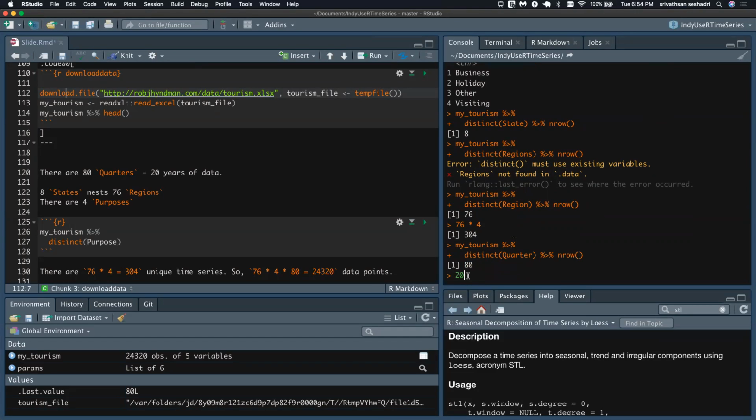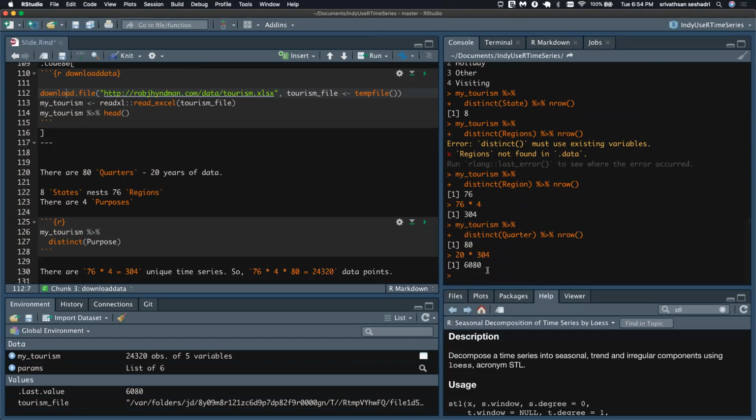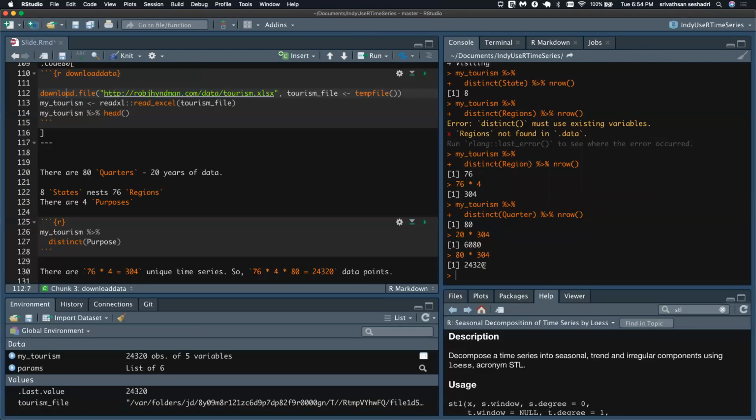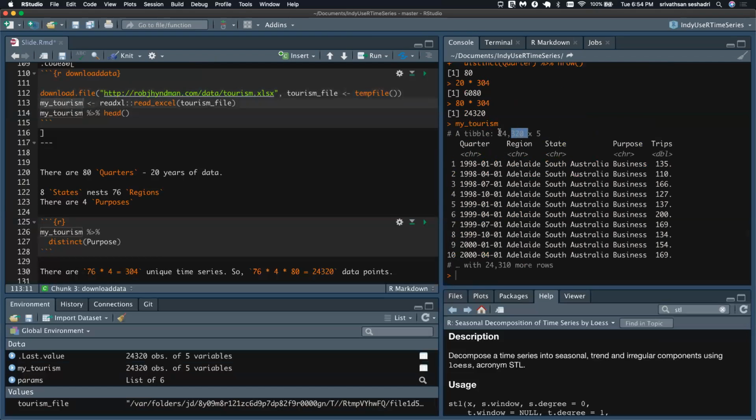So I have 20 times 304. That gives me, 80 times, which is 80 quarters. That gives me 24,320 data points, which is what your data is, okay? So the point is you have